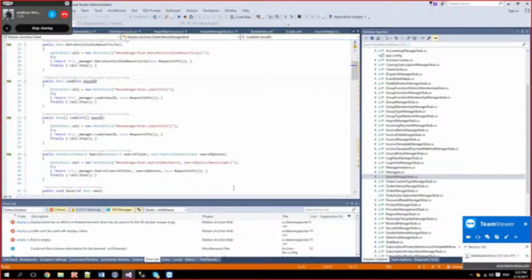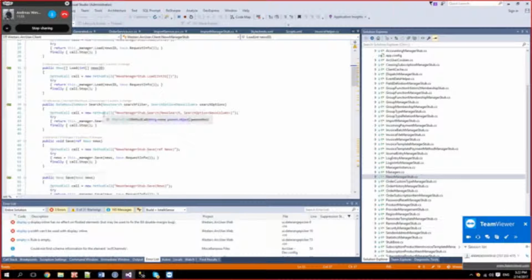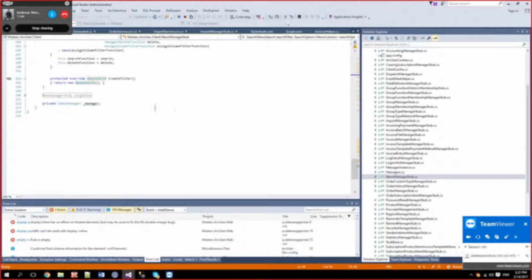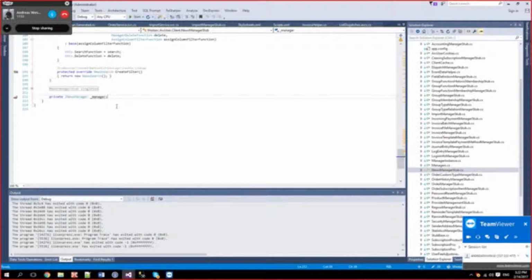We have some search operations, and I just want to show you how this search works in a fast manner. So just ugly code, a function here, for example.